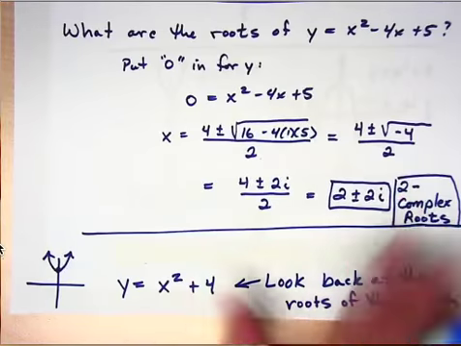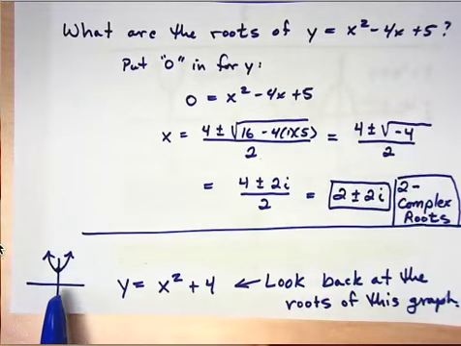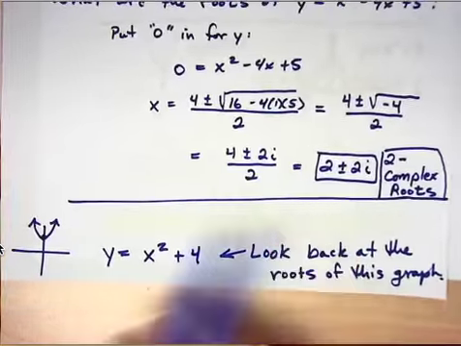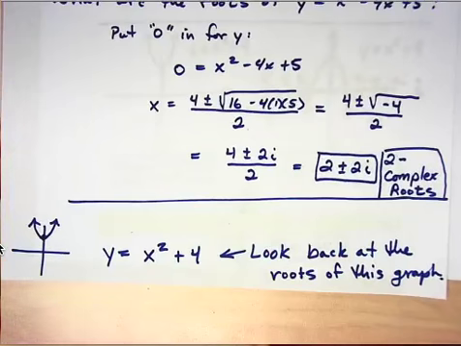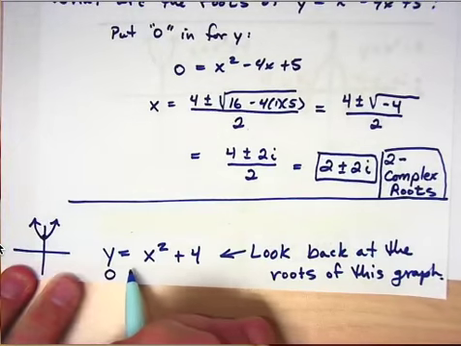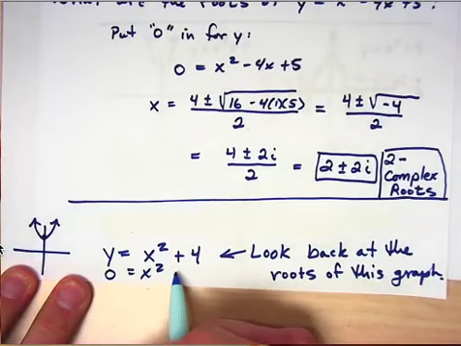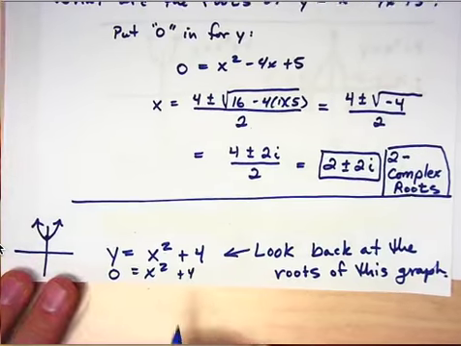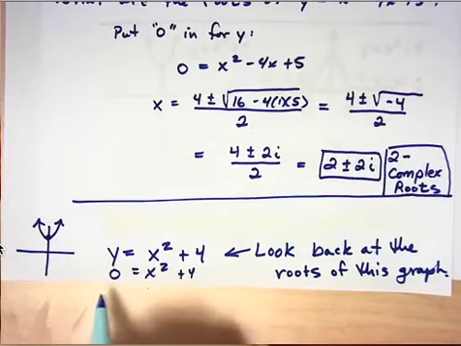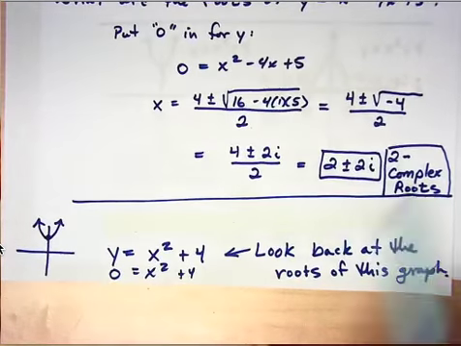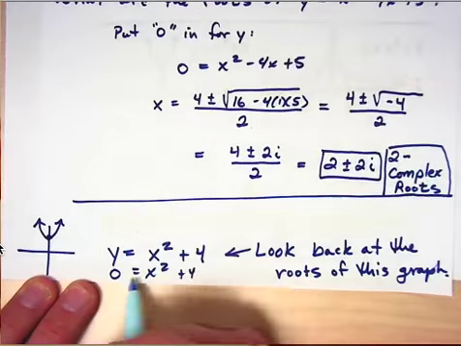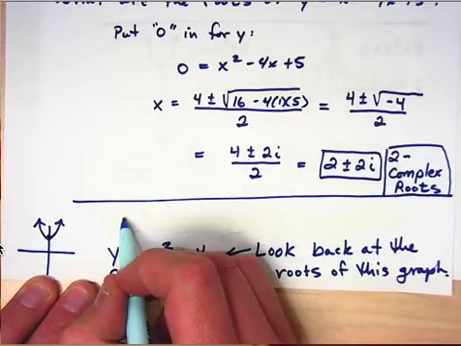When you look at the actual graph, we've up to this point thought roots were only x-intercepts. But now you can find that there are complex roots now, because when I ask you what are the roots of this one, if I put 0 in for x, or 0 in for y, and solve for x, I'll have 0 equals x squared plus 4. But now when you solve this, when I subtract the 4 over to this side, it'll be x squared equals negative 4. And again, the square root of negative 4 is 2i. So then we would say that the solution to this problem would have to be two roots. The roots would have to be